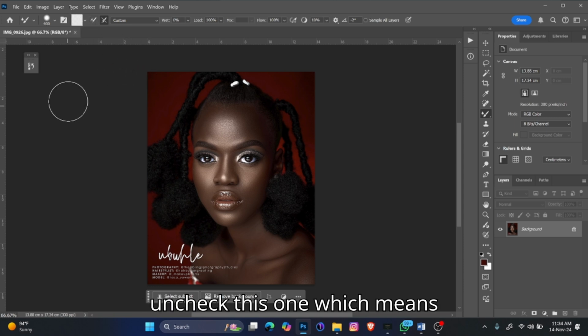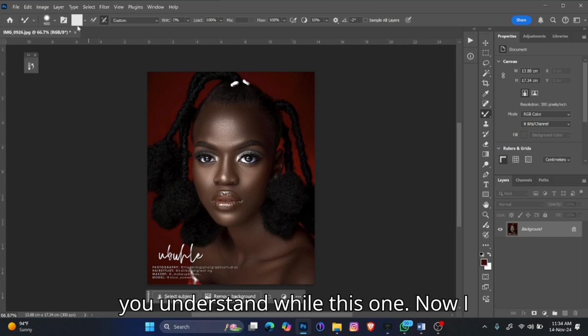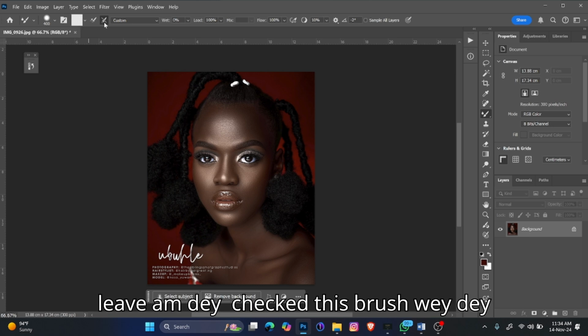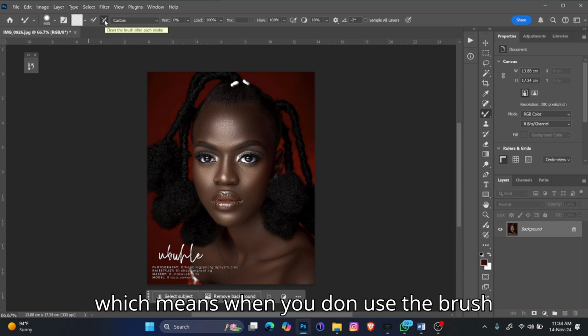So just uncheck this one, which means it will no longer load any color. You understand? While this one, I leave it checked. This brush where they strike like this, it means clean the brush after each stroke, which means when you don't